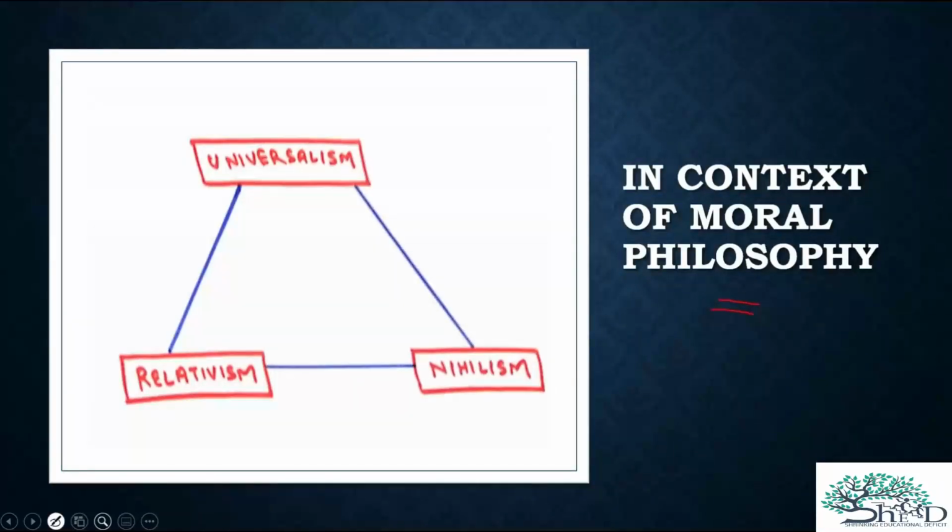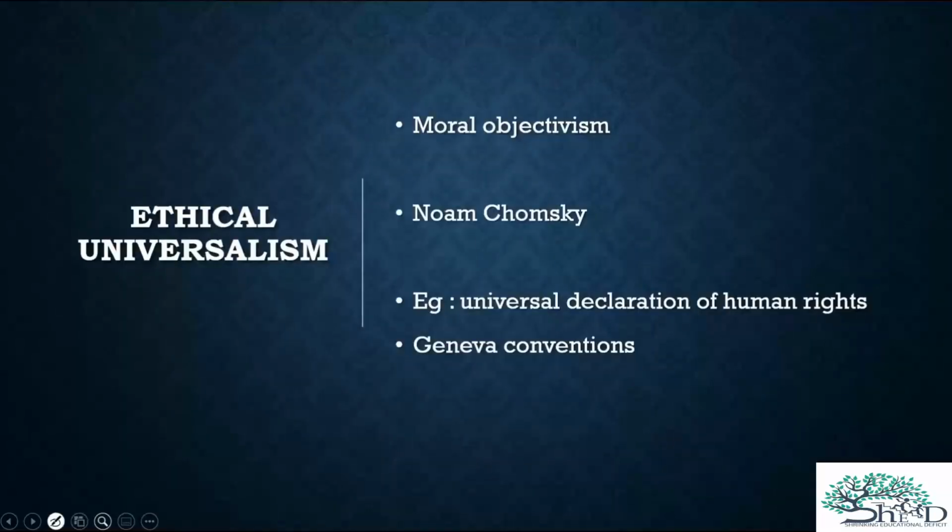We have three schools of thought. Basically, they talk about whether ethics are universal, that is, the same for everybody; whether they are relative, that is, different for different people, changing according to time, place and person, as we just saw; and lastly, whether there is any use of studying ethics, is there anything called ethics, should we study it? First we come to ethical universalism.